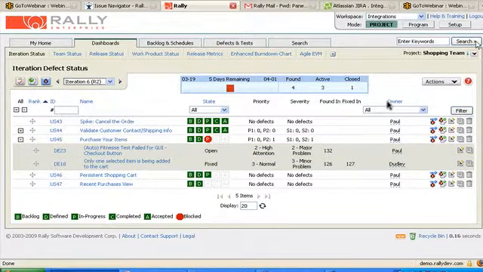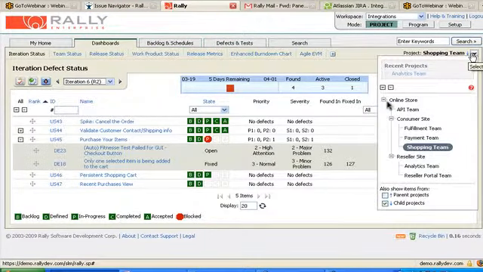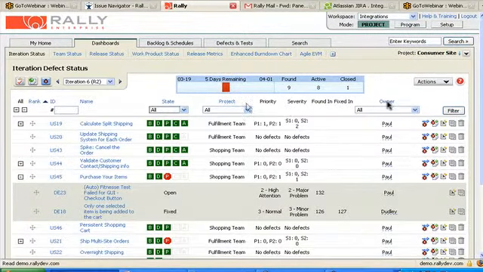You'll also see that we have multiple teams or project teams. So I'm looking here at what the shopping team is working on. If I navigate through this project hierarchy up to consumer site, we'll see that there's more stories, because I'm looking down through a hierarchy of teams. So with Rally, it's very easy to navigate through these project teams to set up a hierarchy that maps to